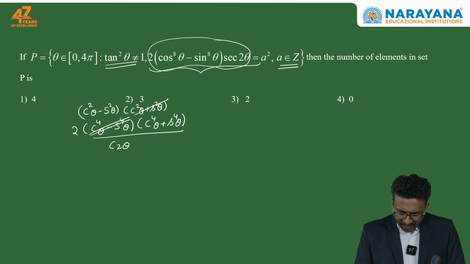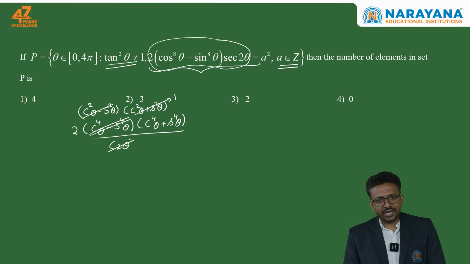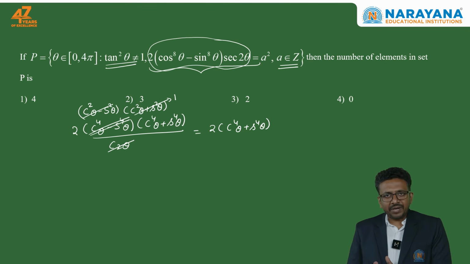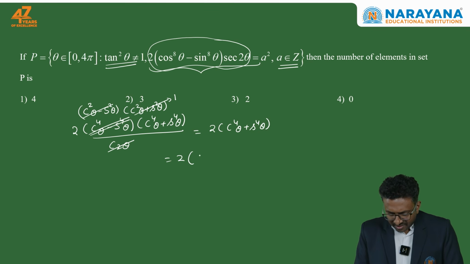So cos square theta plus sin square theta is equal to 1. And this cos square theta minus sin square theta is the same as cos 2 theta, both are getting cancelled. So this is nothing but 2 times (cos power 4 theta plus sin power 4 theta). So this trigonometric expression can be further simplified into 2 times (cos square theta plus sin square theta) whole square